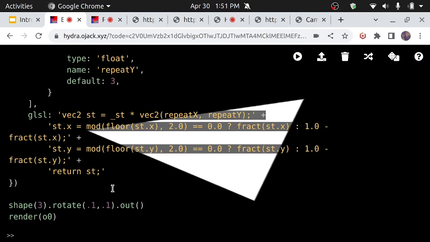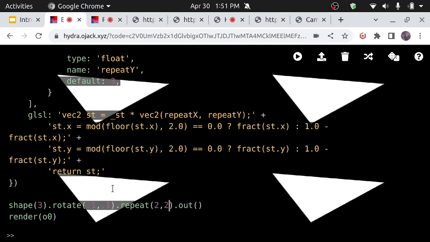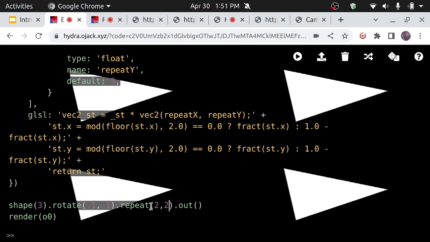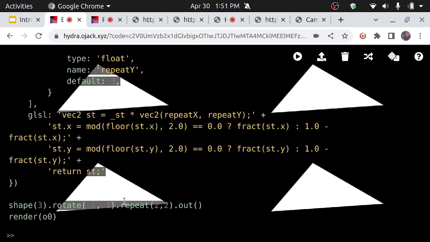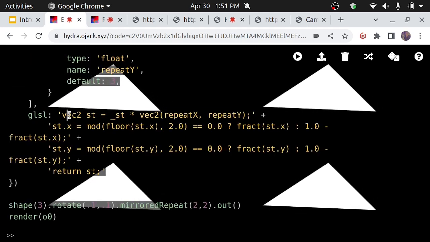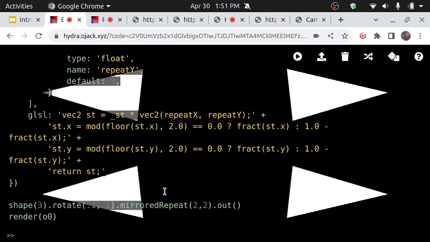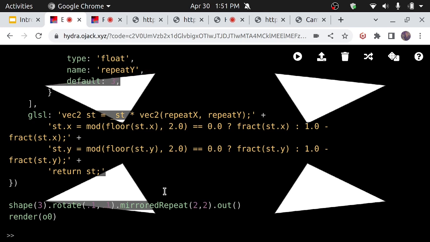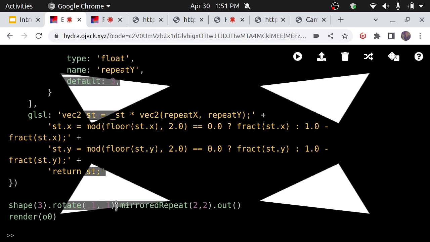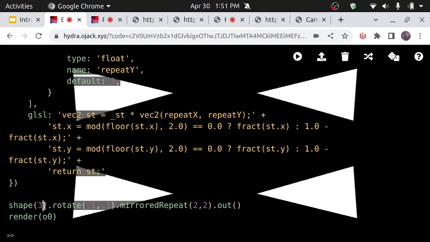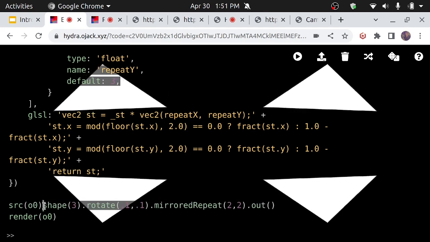If we just do the normal repeat, they're kind of stacked side by side, exactly how they are. But if we use this mirrored repeat that I just copied and pasted, which has some GLSL that defines that, and that's shader programming stuff, you see it's actually like a mirror on each side. And the thing that I've found is that this mirror, when you throw it into feedback, is